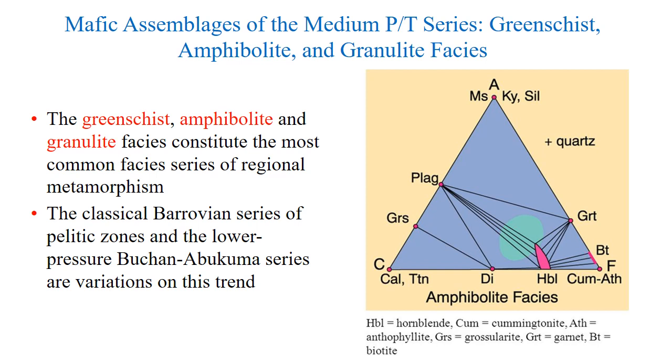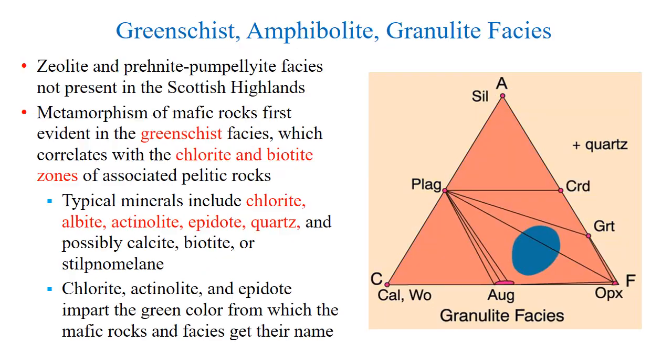The greenschist, amphibolite, and granulite facies constitute the most common facies series of regional metamorphism. The classical Barrovian facies series of pelitic zones and the low-pressure Buchan-Abukuma series are variations of this trend. The zeolite and prehnite-pumpellyite facies are not present in the Scottish Highlands, and metamorphism of mafic rocks is first evident in